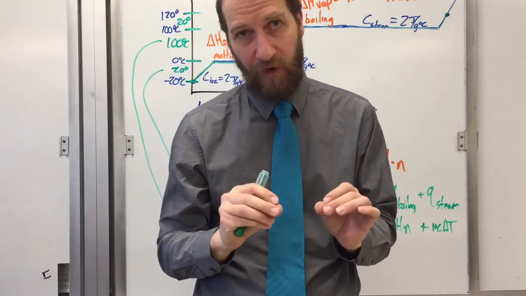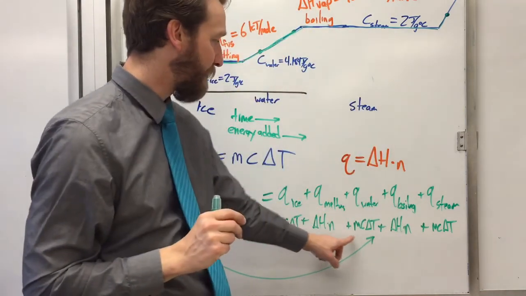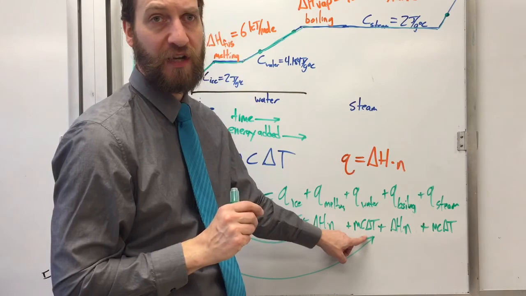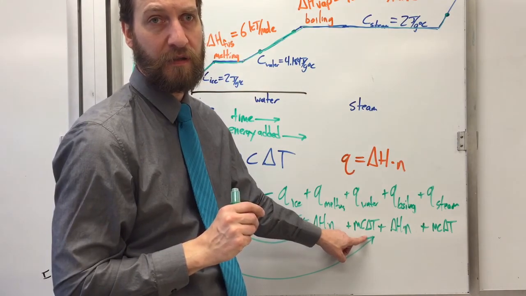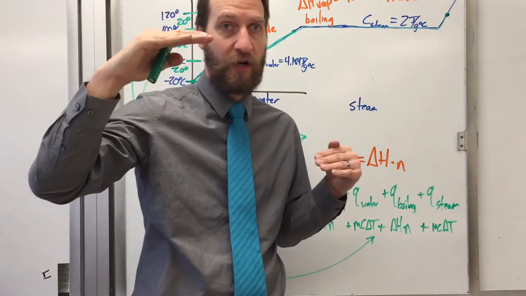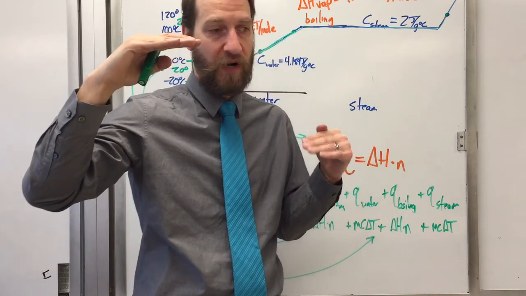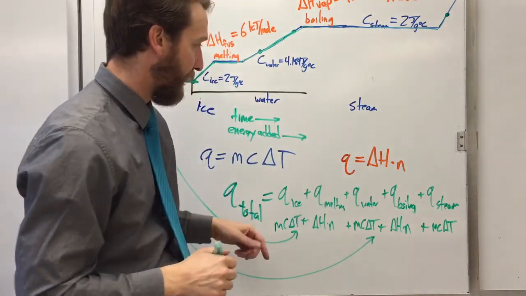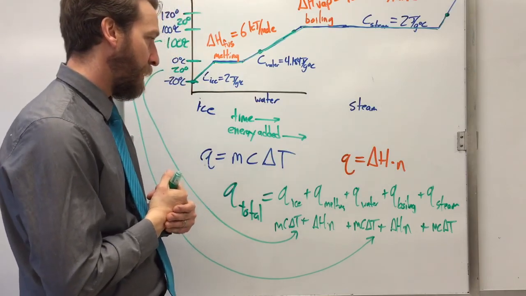You should never, for a water calculation, have a temperature change that's greater than 100 degrees. Because that's the maximum difference that water can go through at atmospheric pressure. It can only go from 0 degrees up to 100 degrees. Okay? Now,